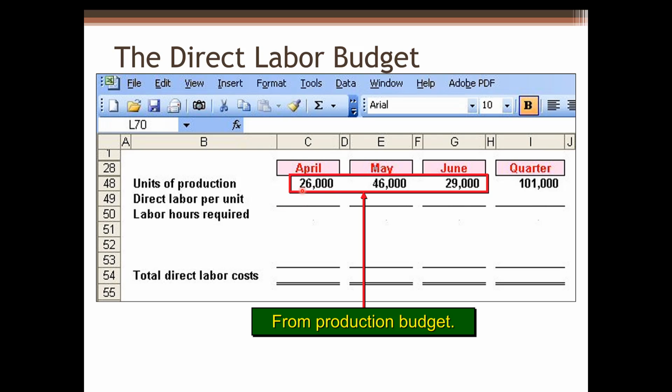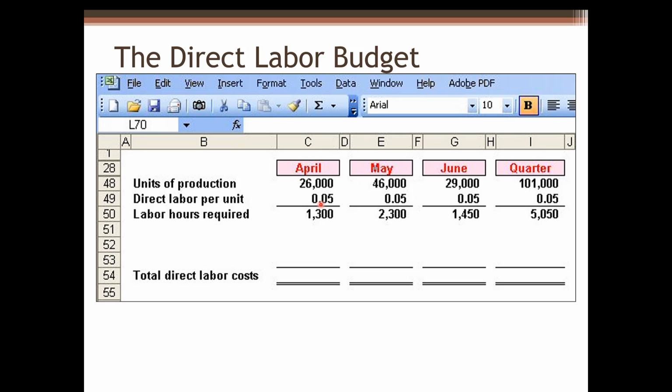So for each month, we can use required production units multiplied by 0.05 to get labor hours required. For April, it requires 1,300 hours, May 2,300 hours, June 1,450 hours, and total labor hours required for the whole quarter